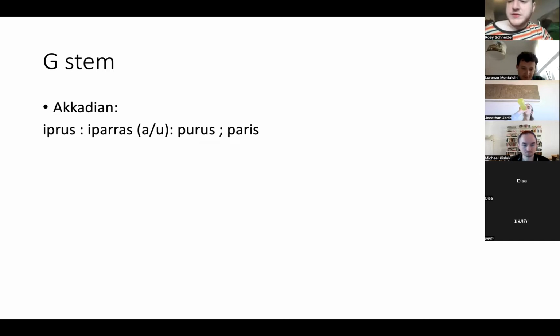Okay, so now we will talk about the G stem, which is in fact the most complicated of all the verbal stems in Semitic. Why is it so complicated? Does anyone want to guess? There's a hint as always. Yes, Michael. Maybe because it's the oldest one and has a lot of time to have many mutations. I guess that makes a lot of sense, and it's probably true. Yeah, probably it's connected to what I'm going to talk about. Anyone else? Maybe the hint helps? No?